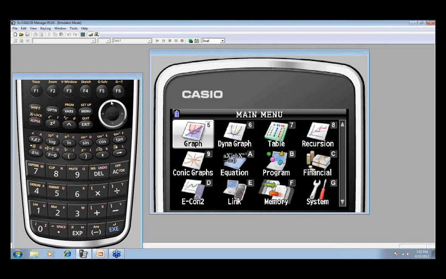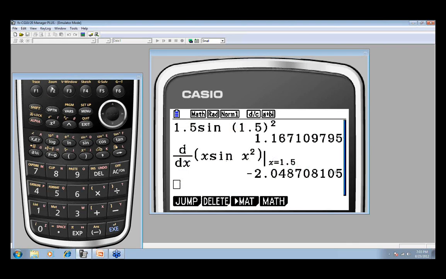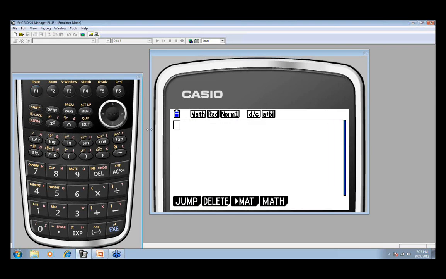So let's go back to our calculator, and we're going to change modes. We're going to press Menu, and we're going to go to our Run-Matrix. We haven't really used this much tonight. So in my Run-Matrix, I want to delete all that was previously there, and I want to evaluate that function that we had at 1.5. So we're typing in 1.5, that was the t value, times the sine of parentheses 1.5, that's our argument, and we're squaring it. So 1.5 squared, and I'm just going to press Execute, and that gives me the value.